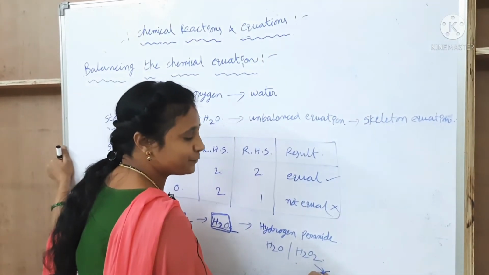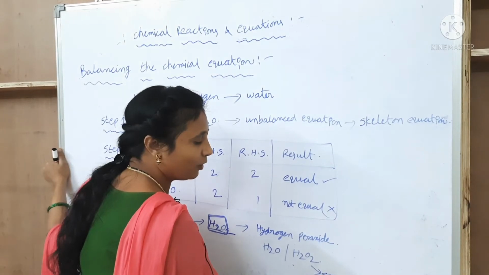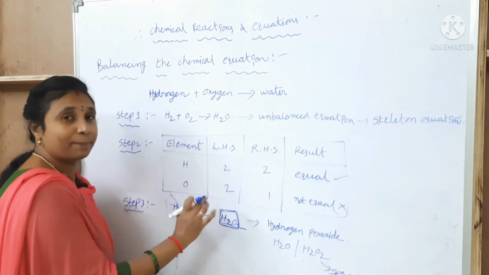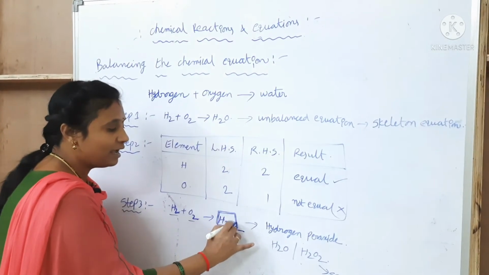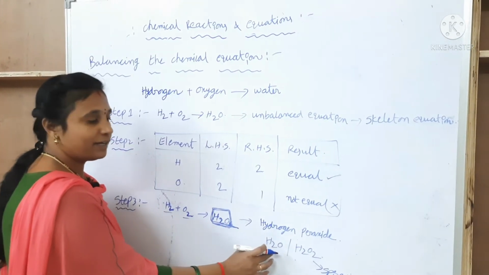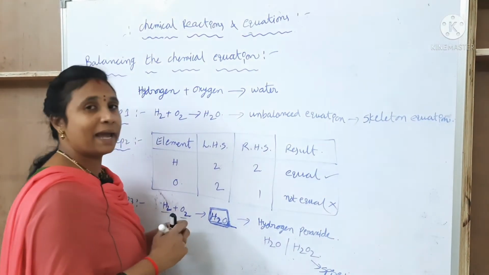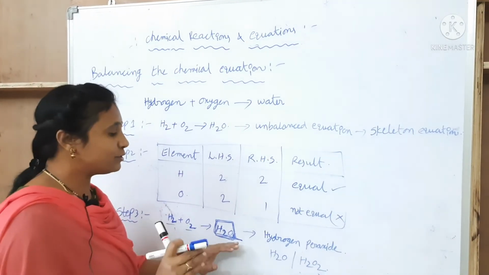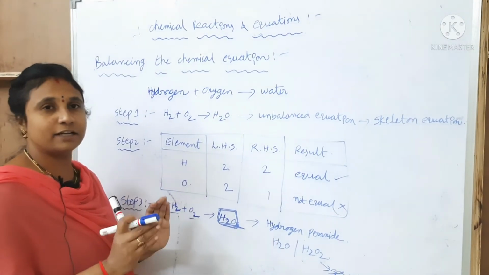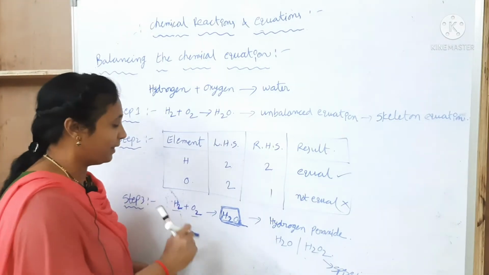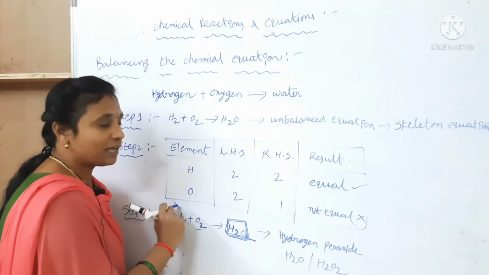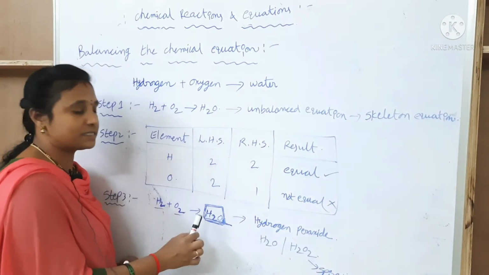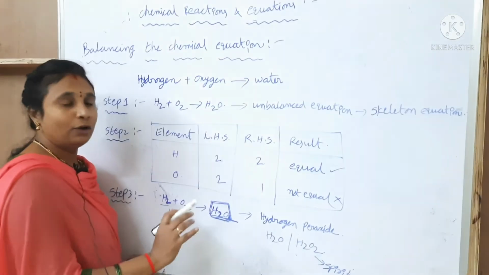It is used as a spirit. In this equation it is balanced, but the product generated in the equation is H2O2. There is a difference between H2O and H2O2. While balancing the given equation, you do not touch the compounds. You have to change only the coefficients. Is it understood? This is a very important concept. In balancing a chemical equation, you do not touch the compounds. You have to change only the coefficients like 1, 2, 3, 4, 5.